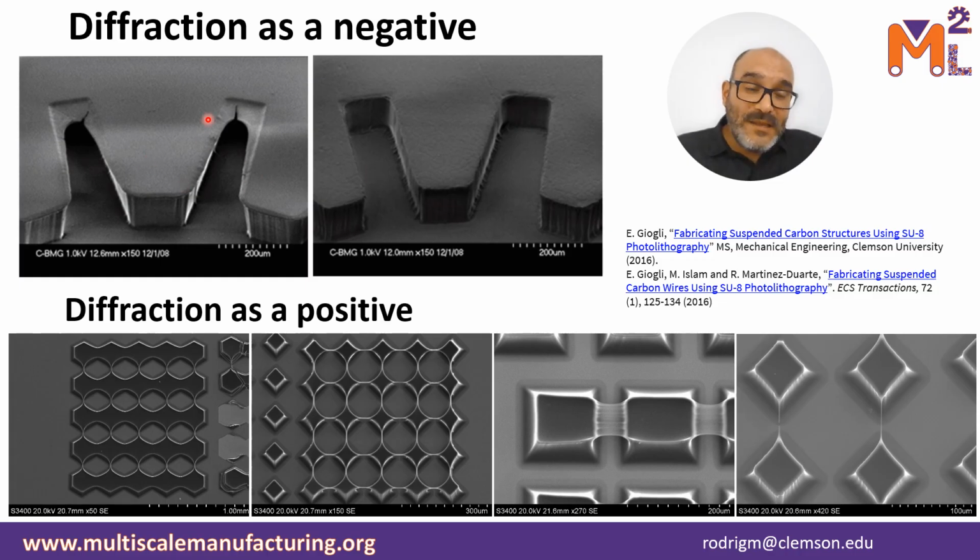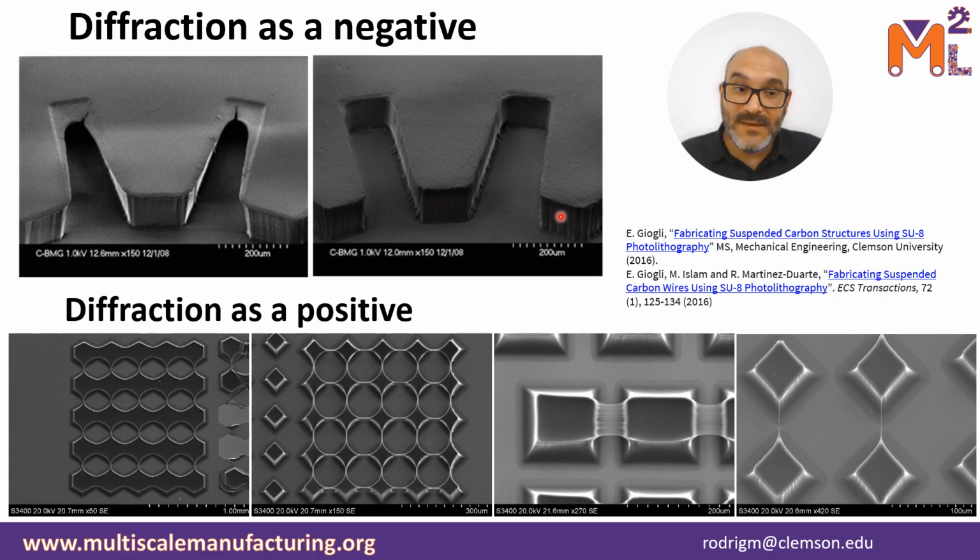So you can eliminate the diffraction by doing hard contact, right? You could also eliminate it by incorporating a filter on your mask aligner and making sure that only the 365 nanometer wavelength gets through, right? And while usually we are trying to fight the T-topping and eliminate it, right, such that we can have a high resolution or a